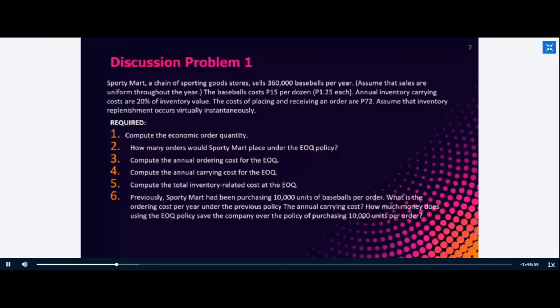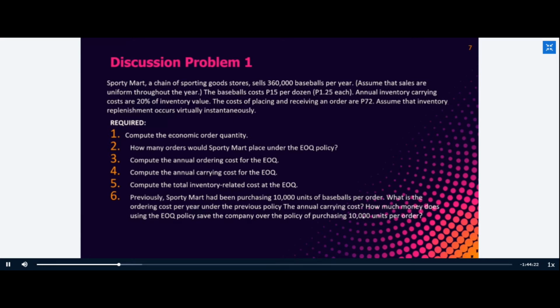Number 5, compute the total inventory related costs at the EOQ. So meaning your ordering costs plus the carrying costs. And number 6, previously Sporty Mart had been purchasing 10,000 units of baseball per order. What is the ordering cost per year under the previous policy? And the annual carrying cost. No? How much money does using the EOQ policy save the company over the policy of purchasing 10,000 units per order? No? So basically, number 6 class,